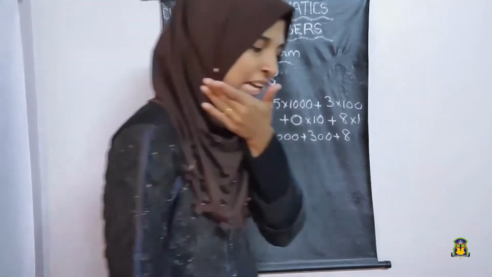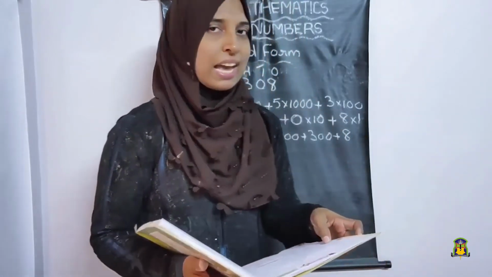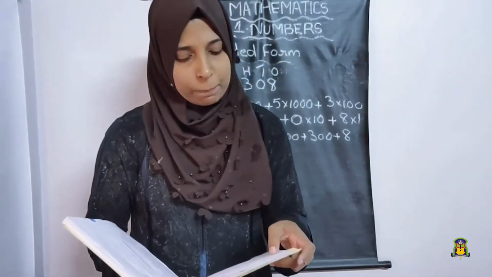Okay. So next, all of you take your text. In your text, page number 48. Okay, you have exercise 3. In exercise 3, fourth question: write the expanded form of the following numbers. Here A and C. Here I have explained it for you. B is that. Which number is that?